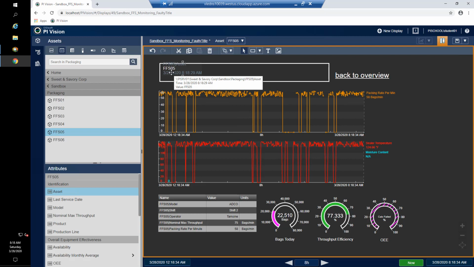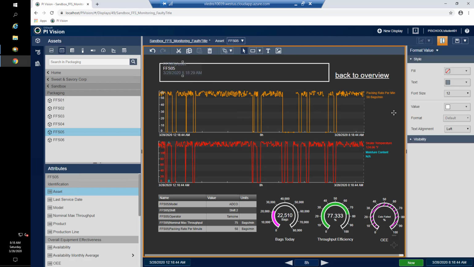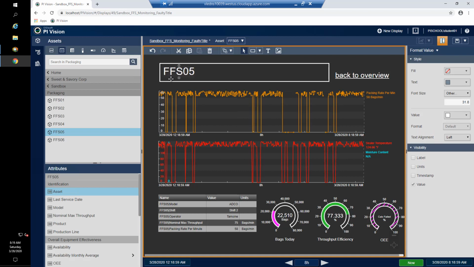Now, the name of the variable and the time aren't important to me, so I can right-click, format the value, and in my visibility, I can turn off the label, the units, and the timestamp. So all I want to see is the value. I drag it into position, and I can resize it.